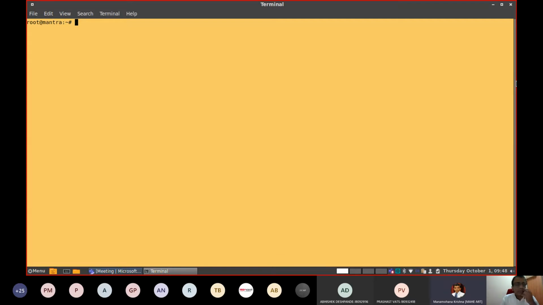Now look at how to go back from this, because I logged in as a normal user and acquired super user privilege using the su command. If you want to go out of it, type exit, not logout. Logout will not work here because I created a subshell, and under the subshell I am working with super user privilege. So if you want to go out of this administrative privilege, just type exit.